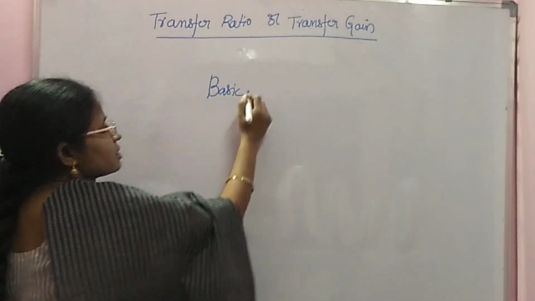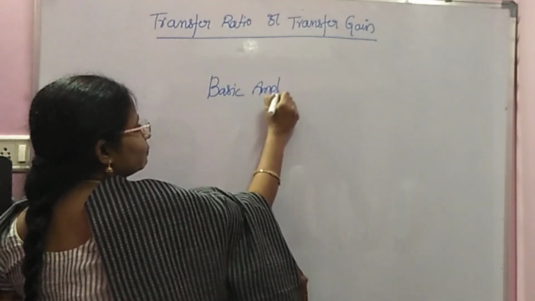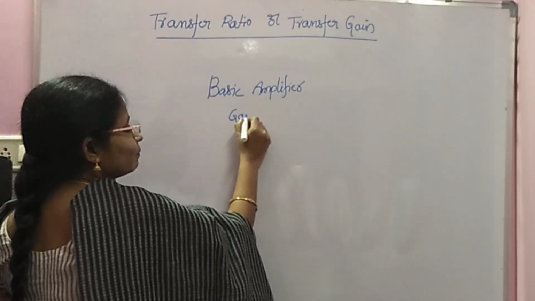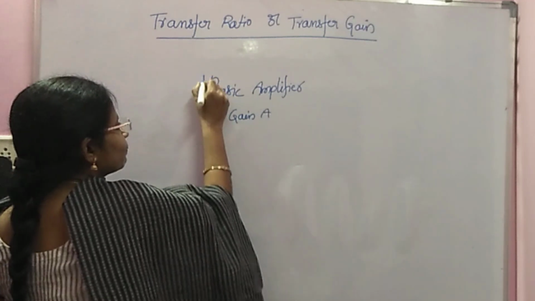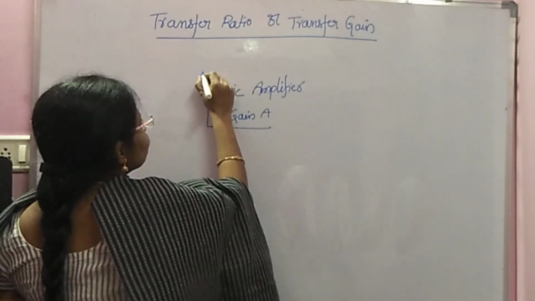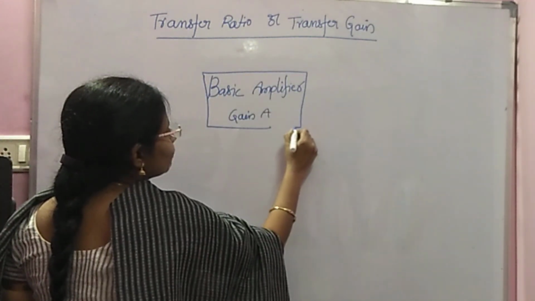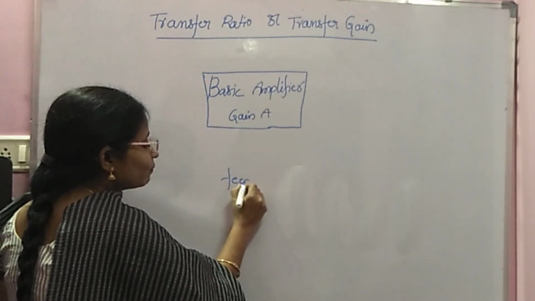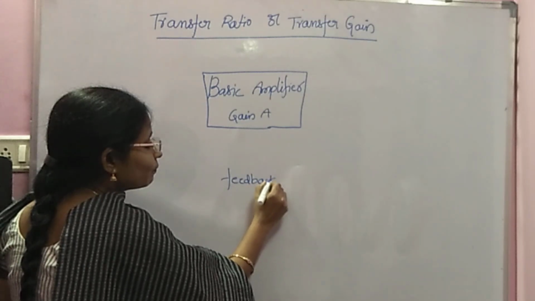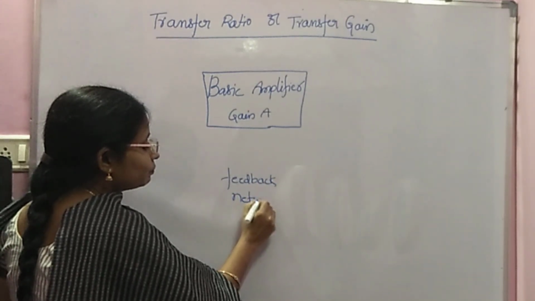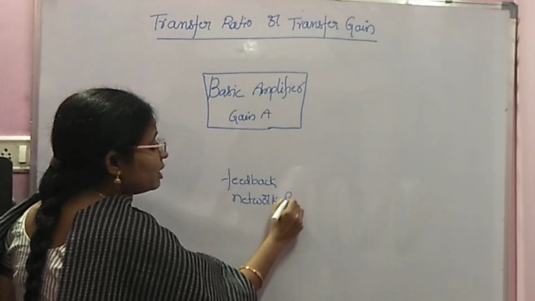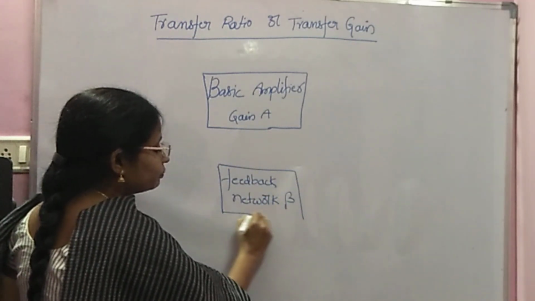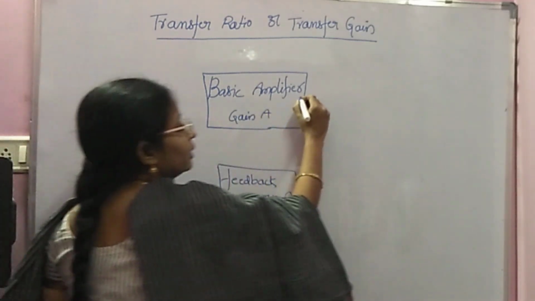The block diagram consists of your basic amplifier of gain A, the feedback network of factor beta, then